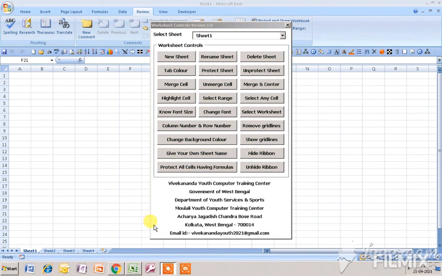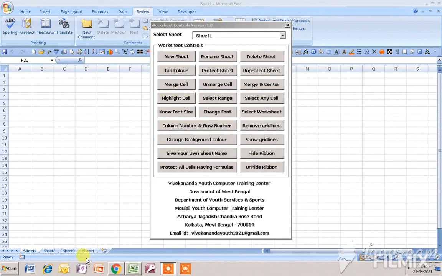Now I will show you how you can rename a particular worksheet. To rename a particular worksheet, first of all you have to select the sheet that you want to rename. Suppose I want to rename this particular worksheet, Sheet4, that I have just added. So first of all I have to select this worksheet, then only I can rename it.